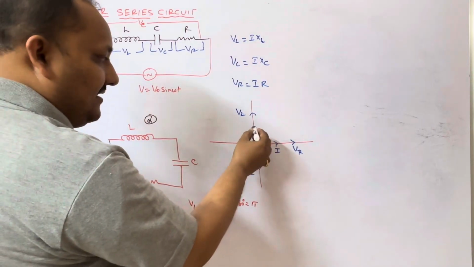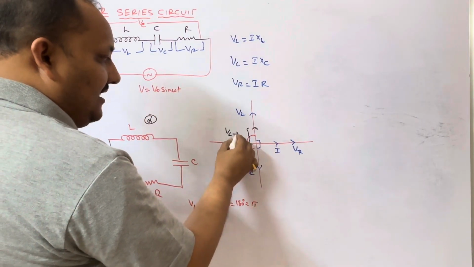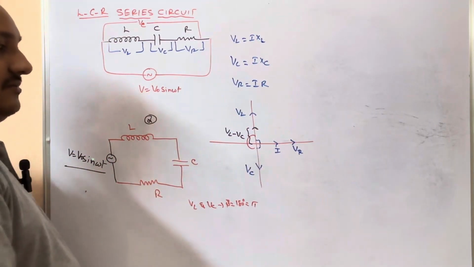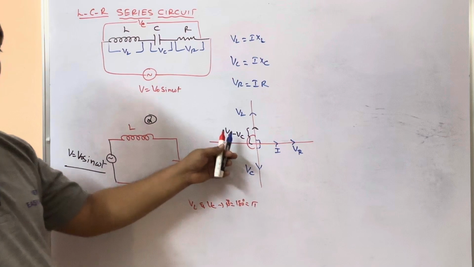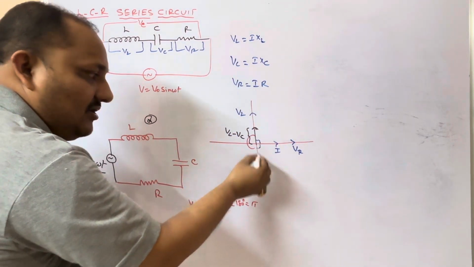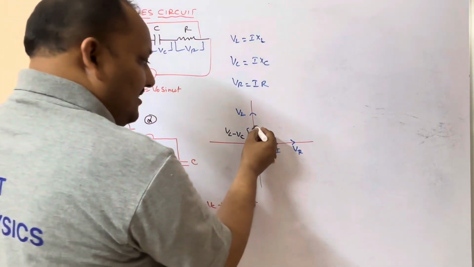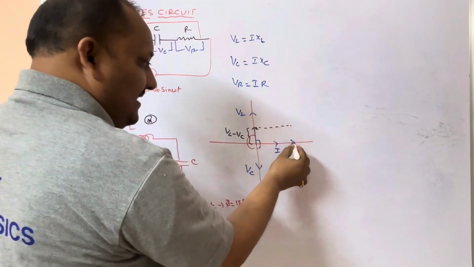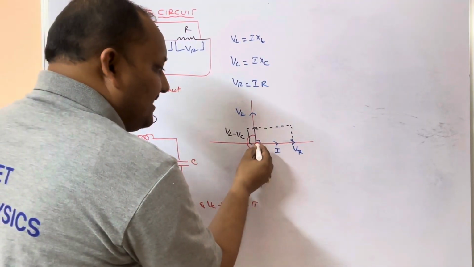Therefore, the resultant you will get is VL minus VC. No sir, I will take VC minus VL, that is also fine. VC minus VL you can also take. At that time the arrow mark will be coming downwards, that one I will also draw later. So presently we will see this. Now this is VL minus VC, this is VR. Now what is the effective voltage? This is the effective voltage,